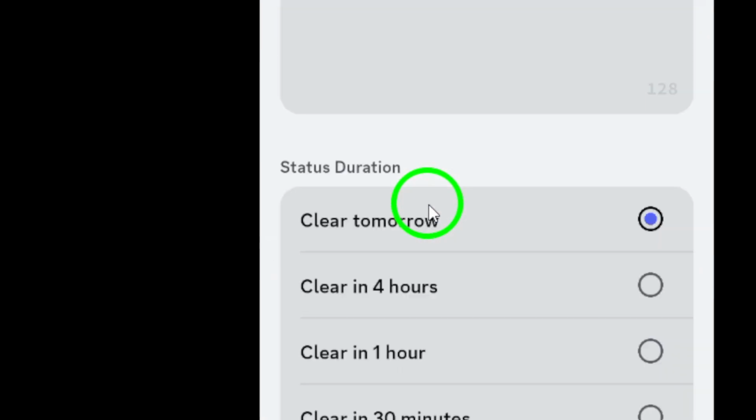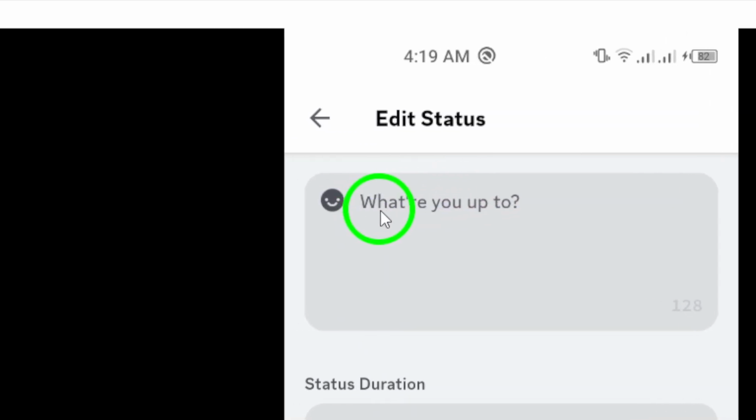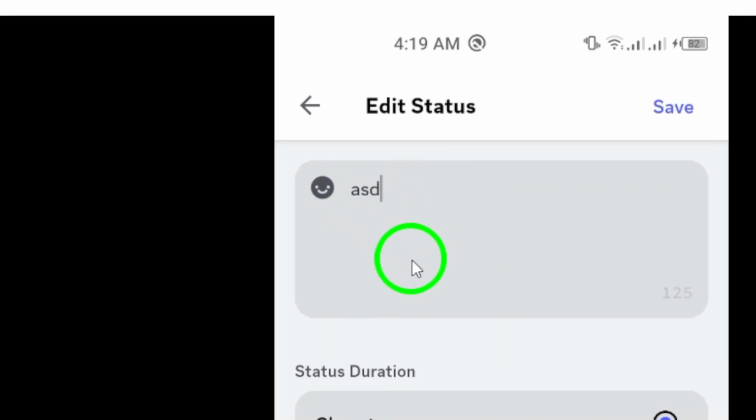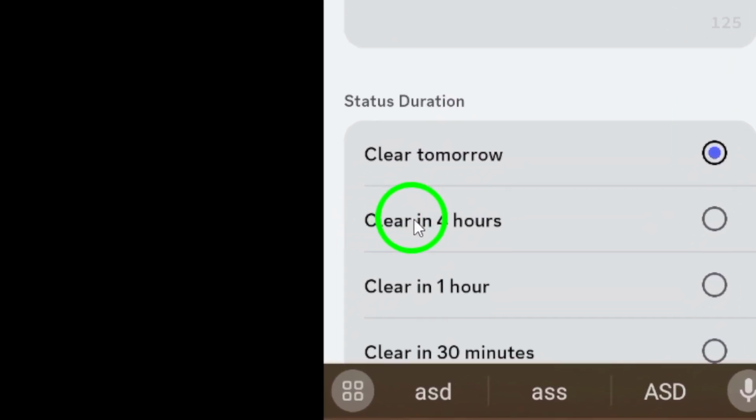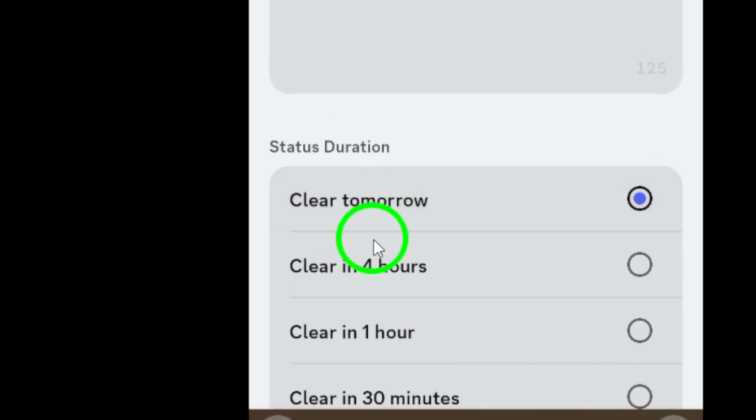Tap on it, and you'll see a text box where you can type in your custom status. This is your chance to be creative, so feel free to express yourself. After entering your status, you'll need to set how long you want this status to appear. Under the Status Duration option, select the period that suits you best, whether it's for a few hours, a day,